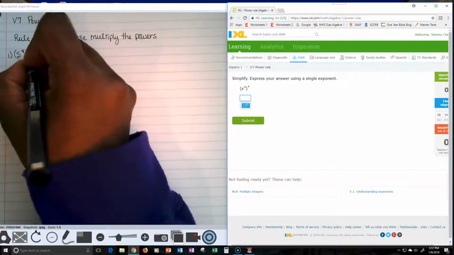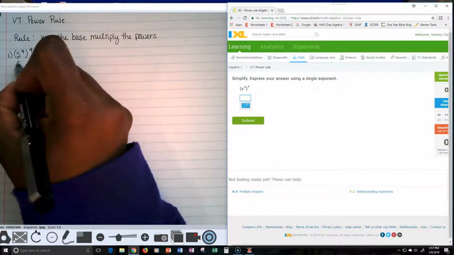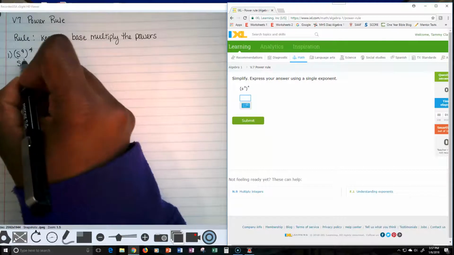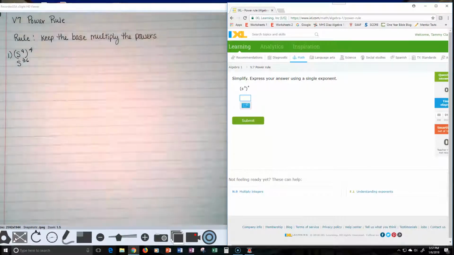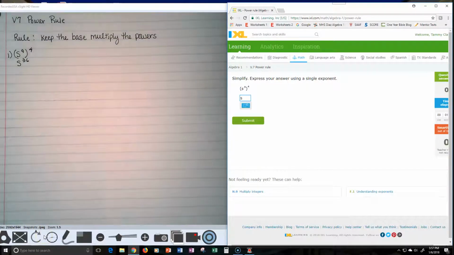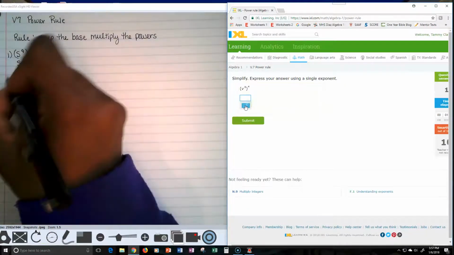We're raising that to the 4th power. So we keep the base and then multiply the powers. 9 times 4 is 36. So our answer would be s to the 36th power. Number 2,